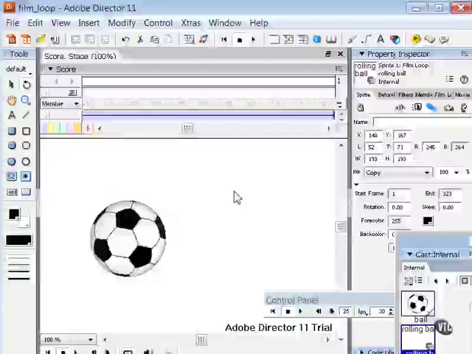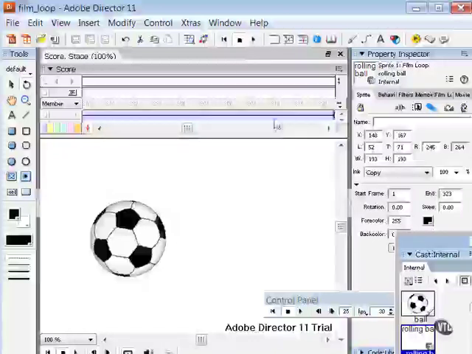Also, another example would be to create an animation of an insect flying across the stage. You can then create a film loop of the sequence of cast members that shows the bee, for example, flapping its wings. Instead of using the frame-by-frame technique, you would create a sprite containing only the film loop and then animate it across as many frames as you need. When you run back the animation here, my ball will be rolling at the same time that it's moving across